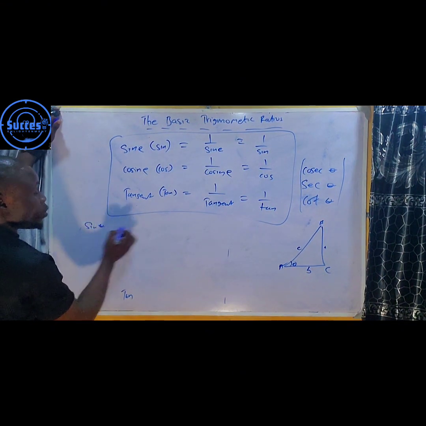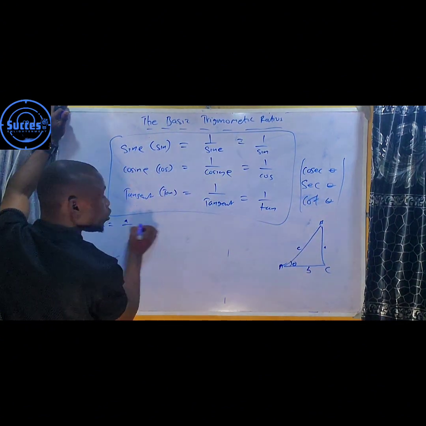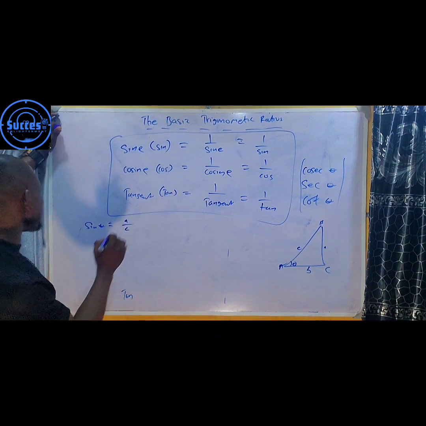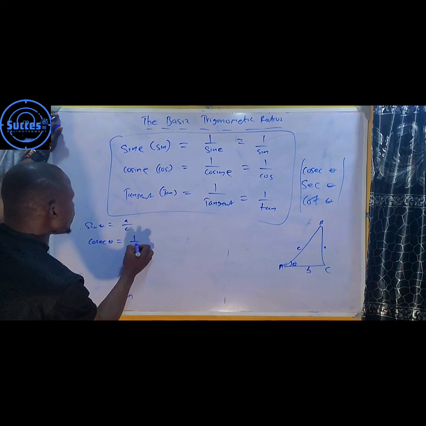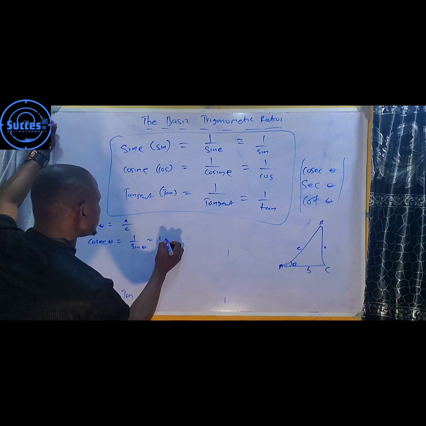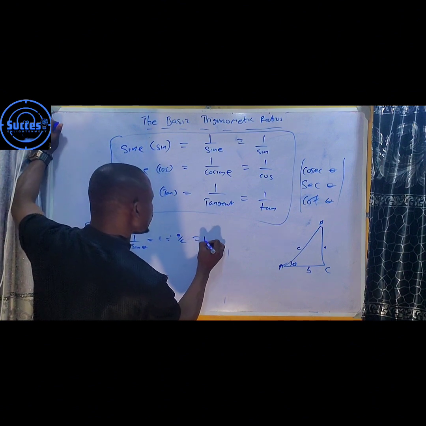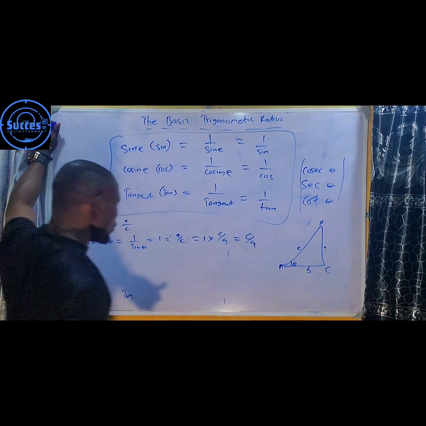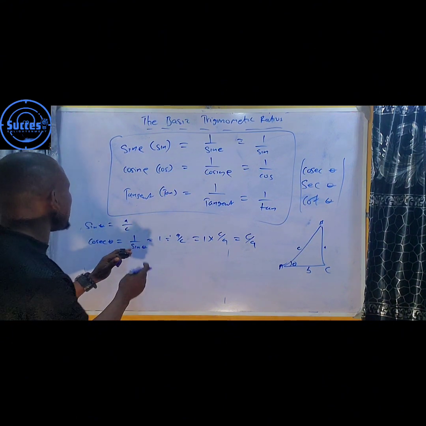So now here your sine theta will be the opposite, which is A, all over the hypotenuse, which is C. Now what will be your cosec theta? Don't forget, cosec theta is 1 over sine theta, which is the same as 1 divided by A over C, which is the same as 1 times C over A. Therefore it equals C over A. Which means your cosec theta will now be